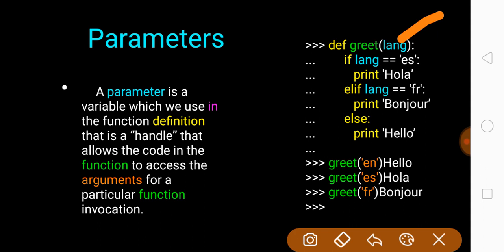Whatever variable or value we pass while calling any function is known as an argument, and whatever variable we define while defining a function is known as a parameter. Both are different. Okay, a parameter is used in the definition of the function, and an argument is used in the calling of the function, and the rest is the body of our function. Getting my point?